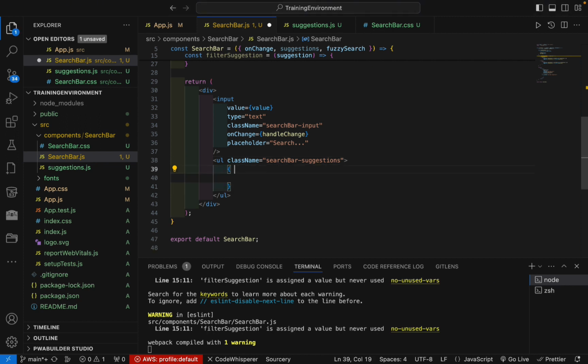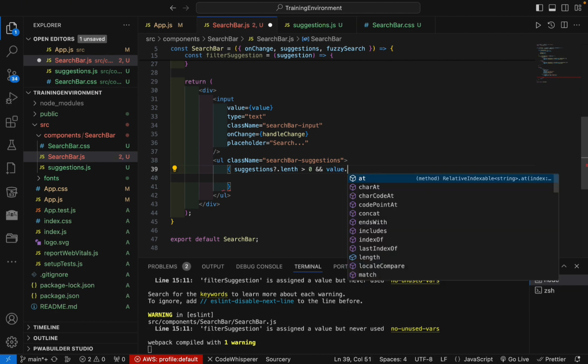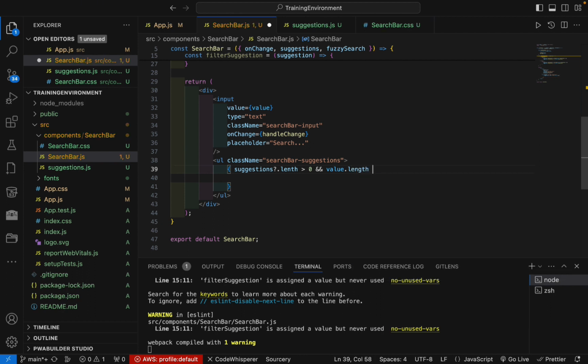And right here we will check and see if there are suggestions that have been passed to the component. If there aren't, then it will skip over this. So if you pass no suggestions, no array of suggestions to the component, no harm, no foul. It'll catch you right here and it won't display anything, and it should throw no errors. So as long as the length is greater than 0,